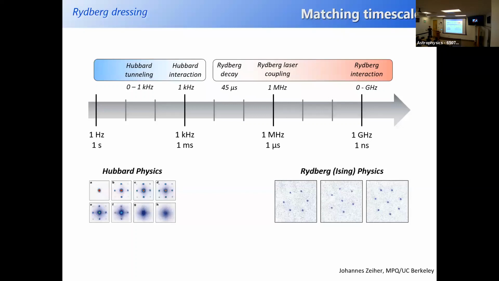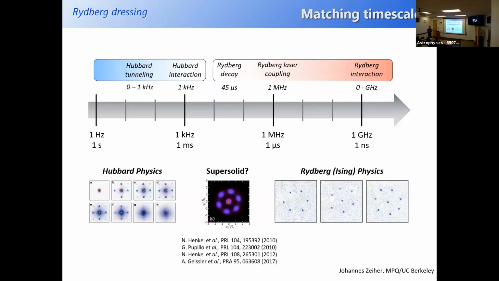So there's a stark contrast between these high energy Rydberg physics experiments, where the atoms don't move, and Hubbard physics, which is a picture that represents Hubbard physics, where atoms move and timescales are more like moving. The question is, how can we bridge this gap, and can we see what we expect to be somewhere between those two extreme cases? Can we see the supersolid?